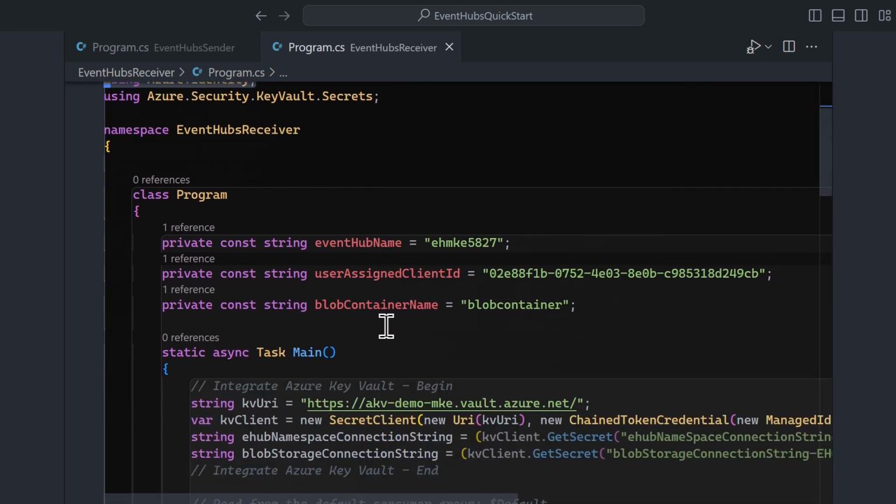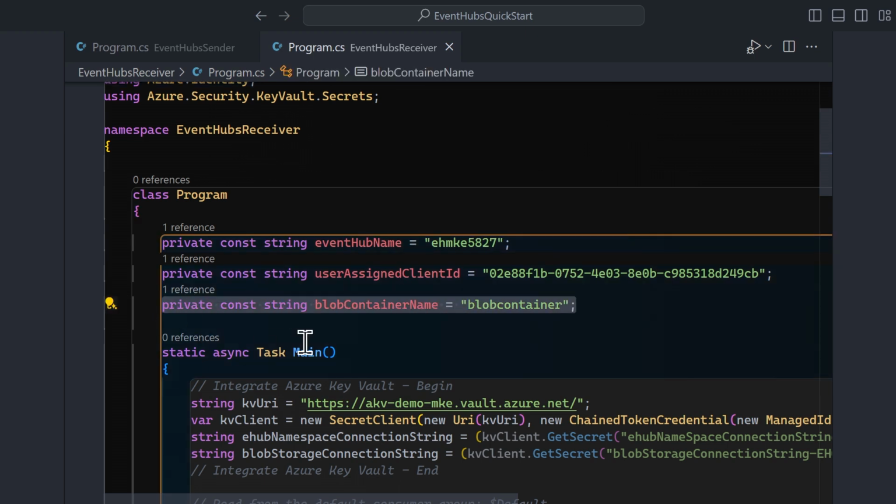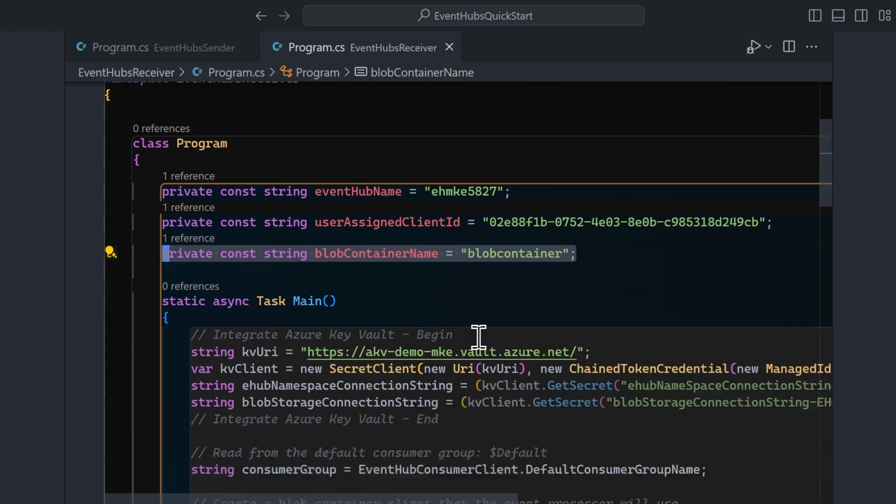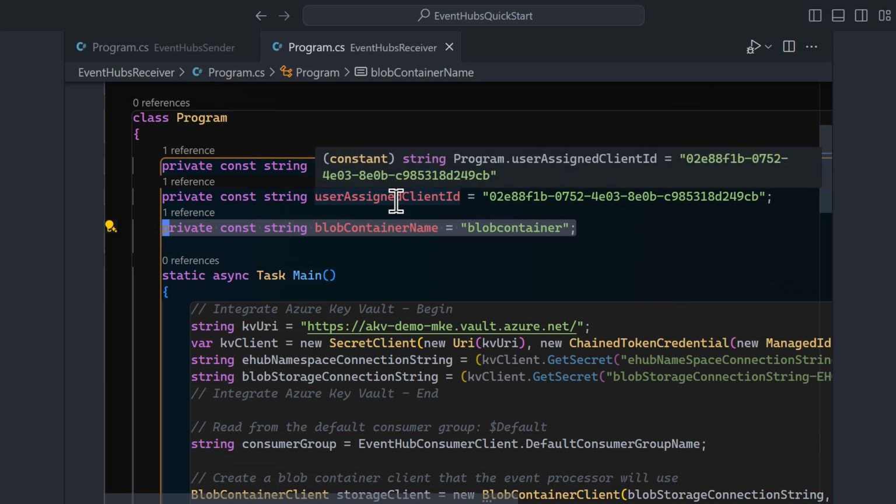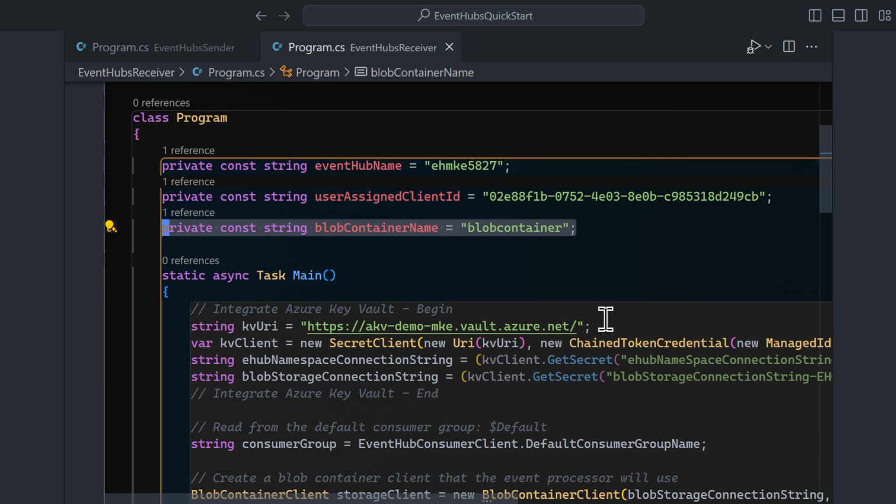Similar option, but this time we introduce a so-called checkpoint store, and we use a blob container for this. Other than this, it's the same thing. So we access using the connection string. We get this from Key Vault. We also have an access key, a connection string, to that blob storage, because we need this for the checkpoint